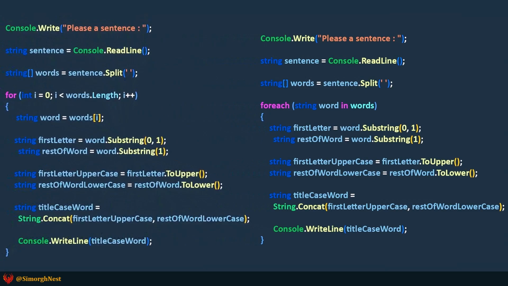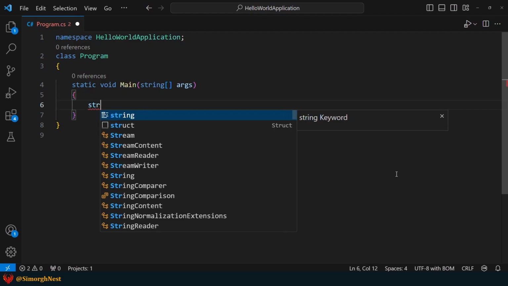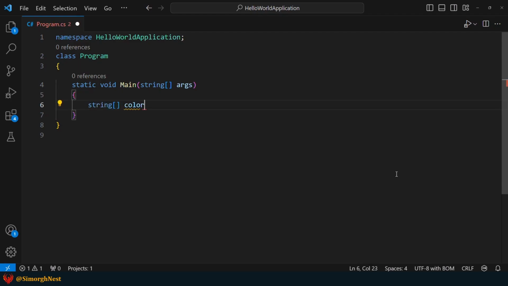Alright, let's dive into VS Code and see for each loop in action. To utilize the for each loop, we'll begin by declaring an array. Let's declare a variable called colors to store an array of strings.